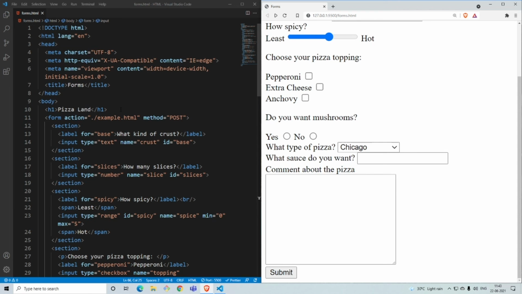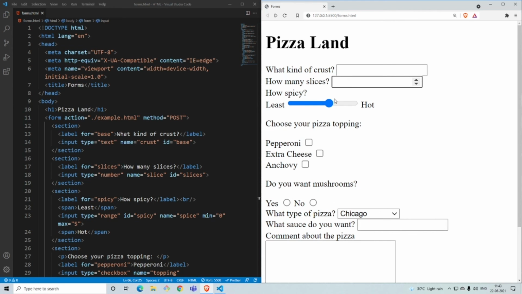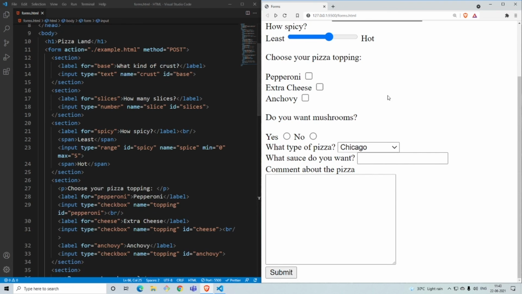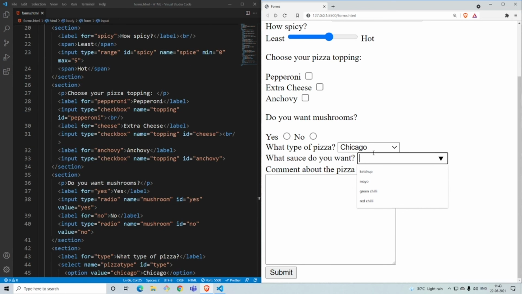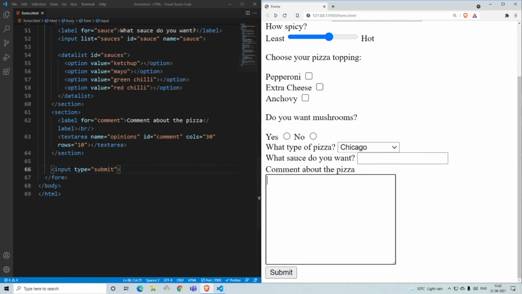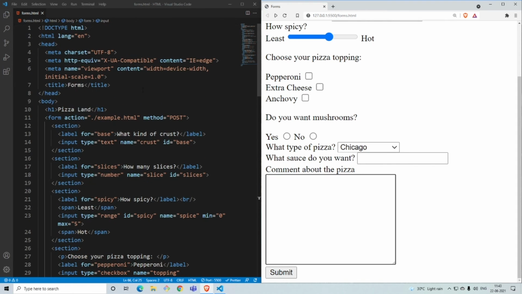This is how forms are done. You learned about different types of inputs, starting from the text. Then this was the number, this was the range, this was the checkbox, then the radio, then the options list where you had different options, and this was a data list where you had various lists and could filter by writing. And this was a text area where you could give your comments and write a lot more, like a blog page kind of thing. In the end, we finished off with the submit button, where by clicking on it, you'll be taken to the page where the form was supposed to go, the action. That's what the submit button does.